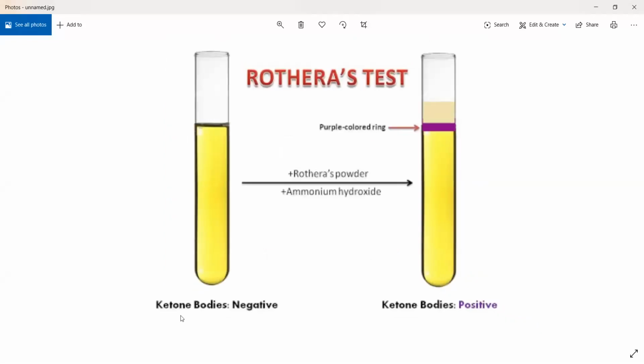See here, if there are no ketone bodies, you will get a negative reaction wherein obviously you do not have anything. Now, if you have Rothera's powder, ammonium hydroxide and acetone in that, meaning it is ketone positive, meaning that urine has ketones, what will happen is the top, the lighter brownish color that you see, the creamish color, dark cream, that is ammonia. In between them, you will get a purple colored ring that will indicate presence of acetone. At the bottom, you will have urine, and at the very bottom, you will have sedimented particles of sodium nitroprusside. All right, I hope that explains the test.